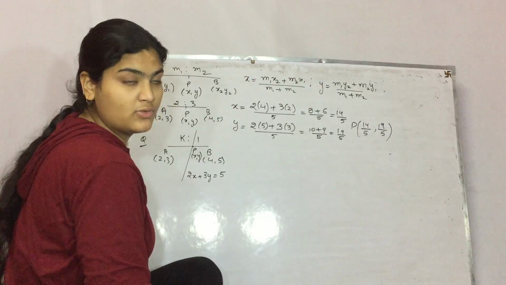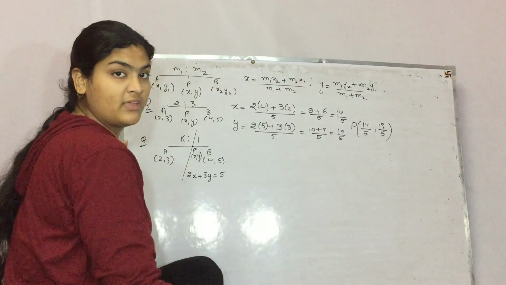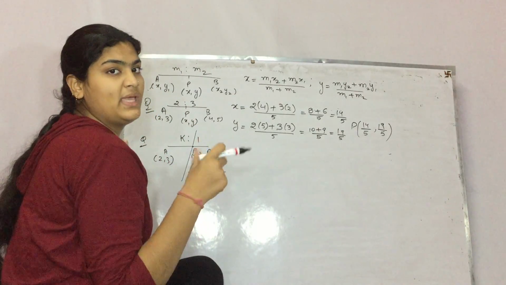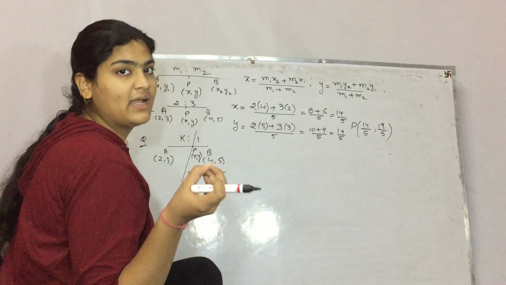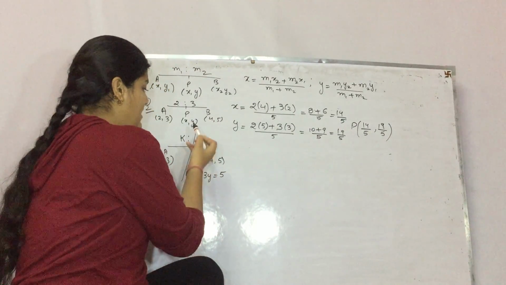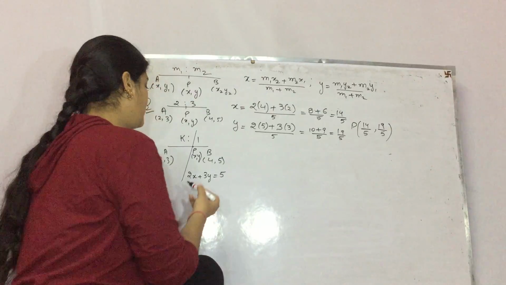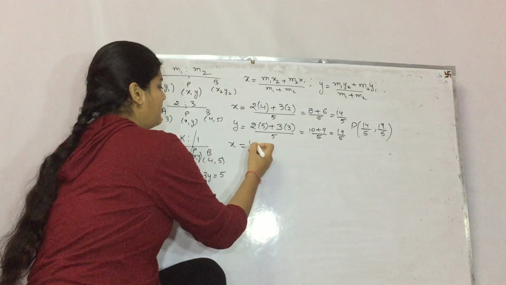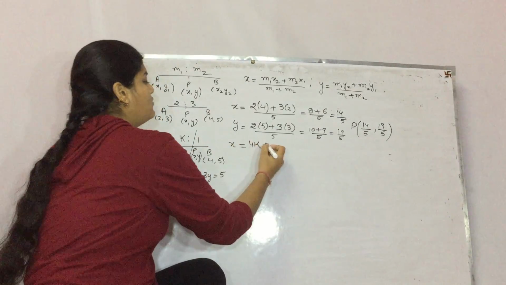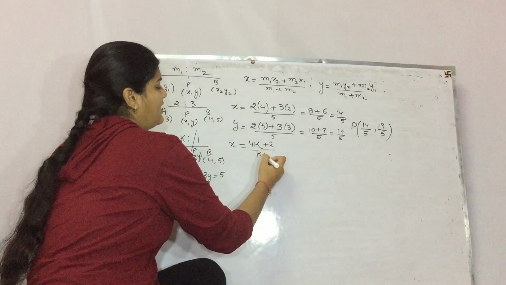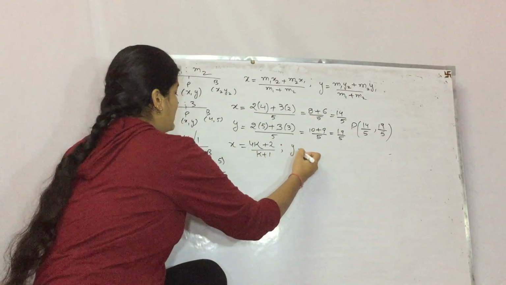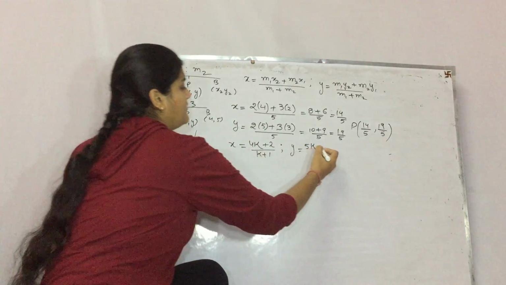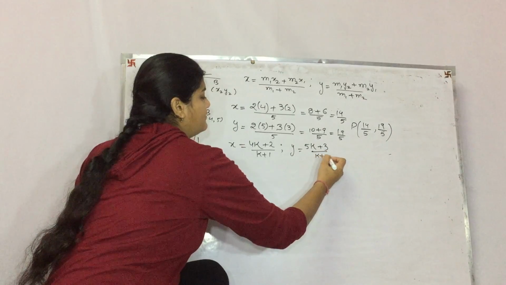Your ratios are also not given to you. So what you have to do? Firstly, let us suppose the ratio be k to 1. And now you have to find the value of k by putting the point into this equation. How can we find out? Listen. According to the section formula, your x will be (4k plus 2 ones are 2) over (k plus 1). Similarly, your y is n1 y2, 5k, plus 3 ones are 3, over (k plus 1).